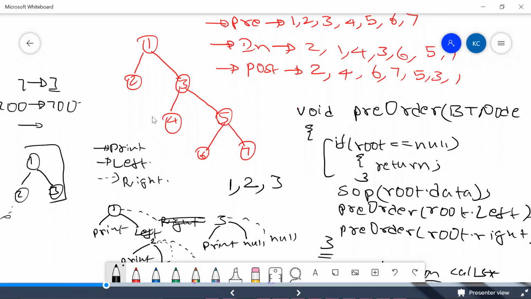So in turn, it becomes order of n time complexity. The reason is we have that many number of items in our binary tree, and finally we are printing that many number of items, which means we are doing it in that many number of steps.